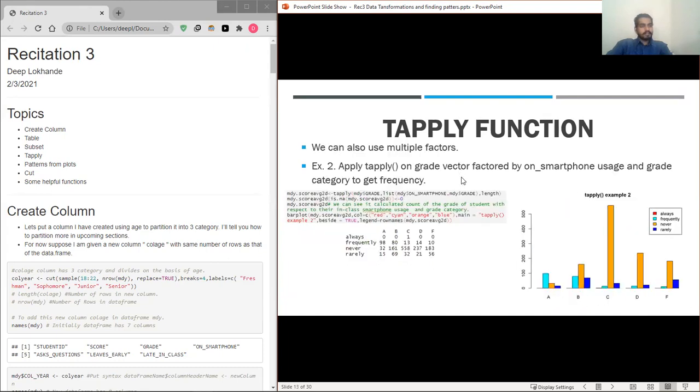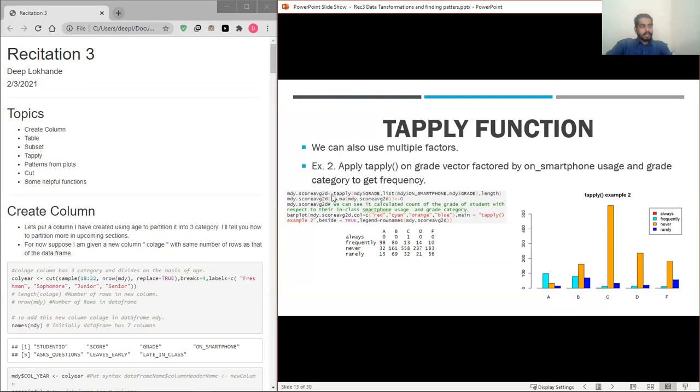Another example is to use tapply on multiple factors. Suppose I want to use 2 factors on the grade of the students. So on the Moody dataset, I will provide Moody grade, the list of factors that I want to use, and the function that I want to apply. Here I want to count the number of students who get a particular grade based on their use of smartphone.